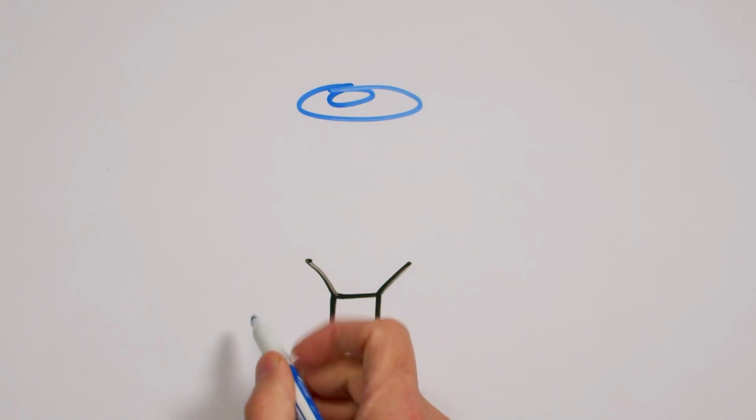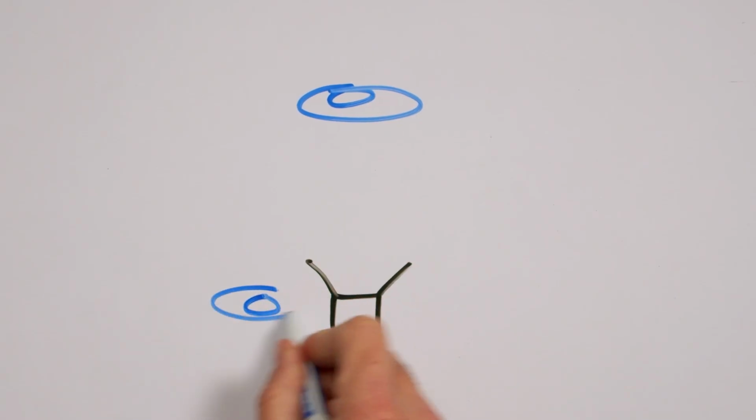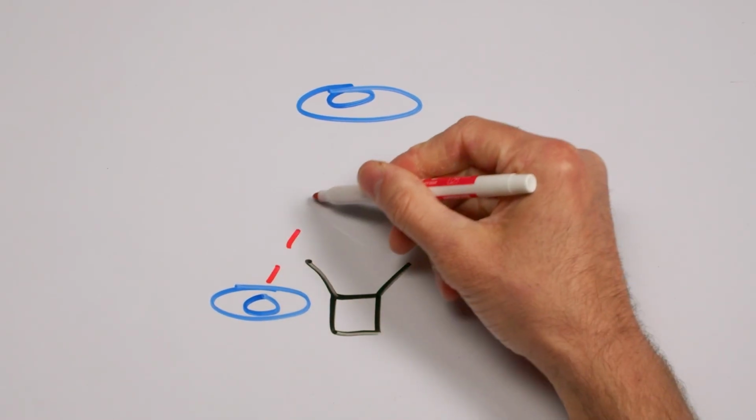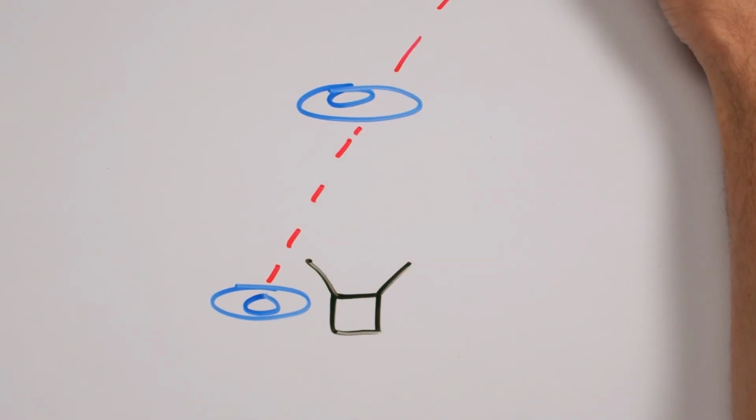You only break the 180 rule when you want the audience to feel disorientated, or you have to for story reasons. So in this scenario, we'll put the interviewer off camera right here. Then we'll draw an imaginary line between the two people, extend that line out.